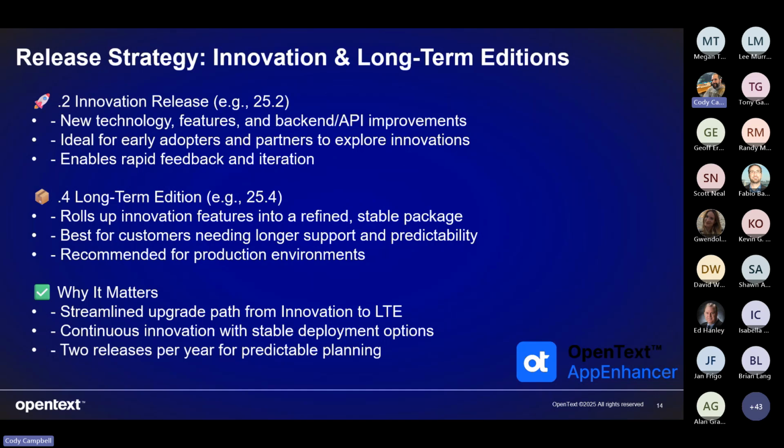a feedback release, if you will, to look at some of the new stuff. And then if you want to wait, for production readiness, that's more 25.4, which is a long term release. And also, it allows us to have fewer lines of code out there for support. We can retire the innovation releases because really the support is around the long-term release.